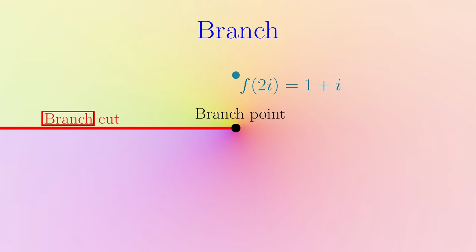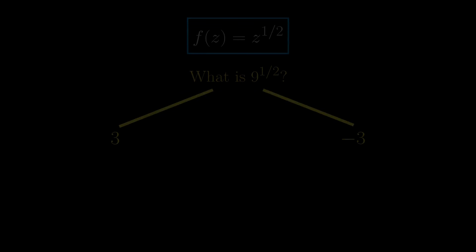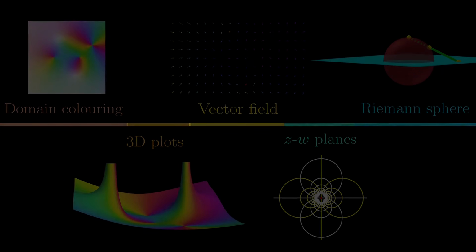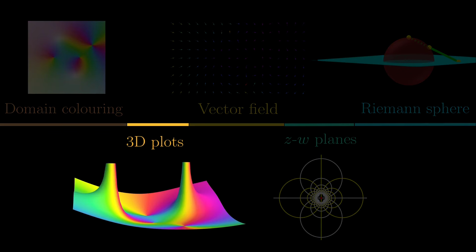But there is another approach to all these. Given the two choices, what if we don't choose and say that the square root is both 3 and -3? Of course, we can't simultaneously color a point red and cyan, but we can use 3D plots to plot 2 points simultaneously, like this. More specifically, they have coordinates 9, 0, 3 and 9, 0, -3 respectively, and we can consider the resulting Re-im plot, which is quite an interesting plot.